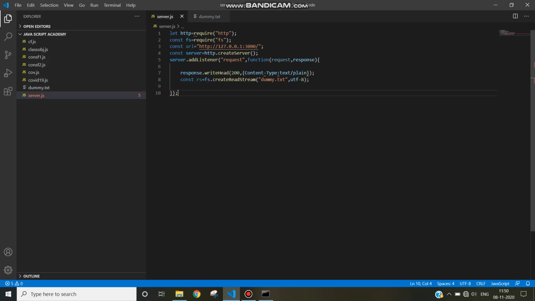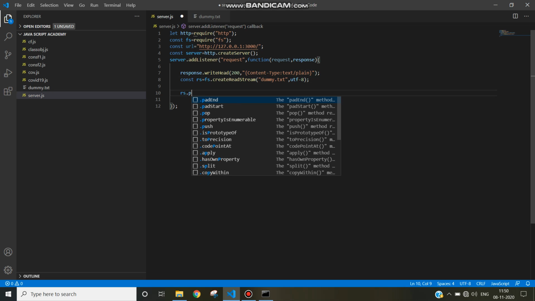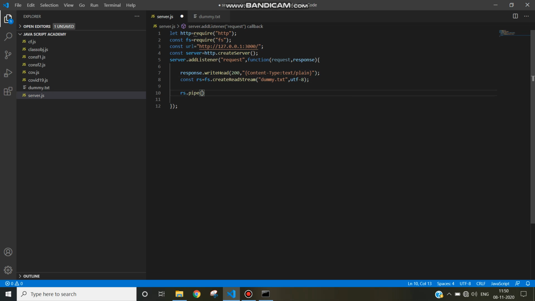And we'll make some changes, like here we can write in curly braces. Furthermore, we need to display, so we'll call rs.pipe, and what do we want to pipe?